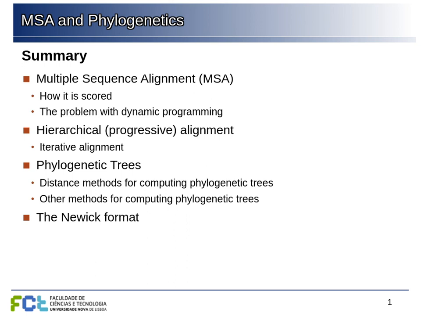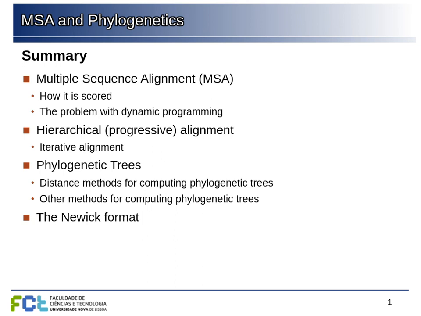We're going to see mostly the hierarchical or progressive method for multiple sequence alignment. I'm going to talk a bit about iterative methods for alignment, but then we're going to focus on this progressive method. And we're also going to look at phylogenetic trees. These try to represent the evolutionary relations between different groups, different taxa, or individuals, or genes, proteins, and so on. We're going to focus on distance methods based on sequence comparisons.